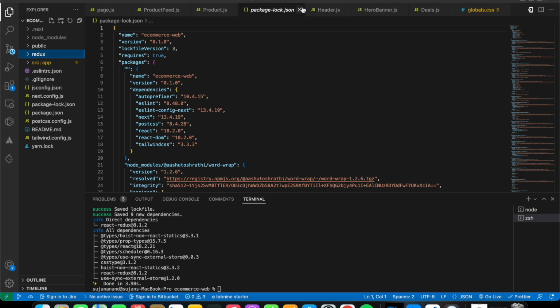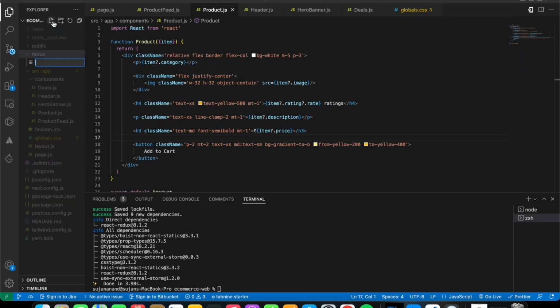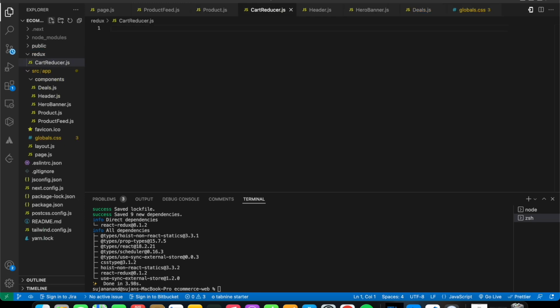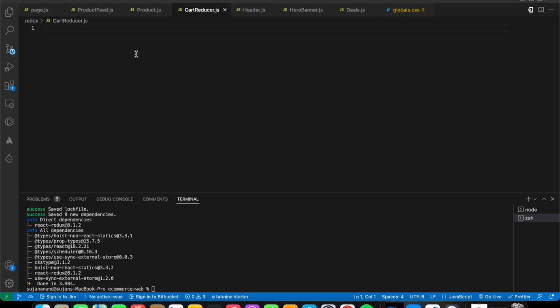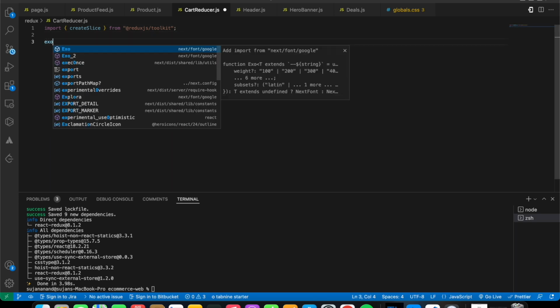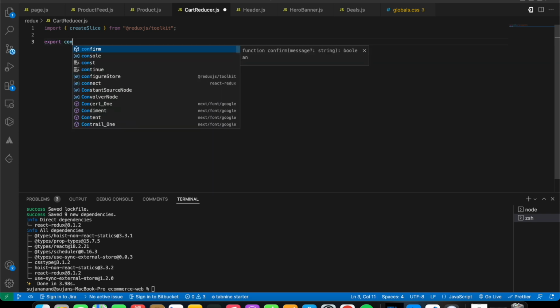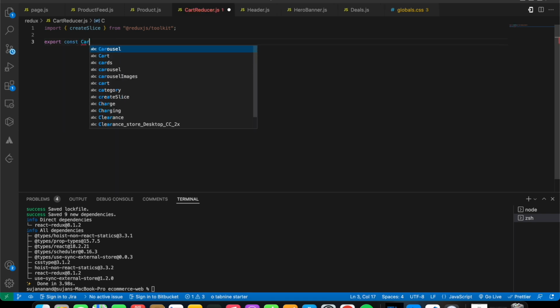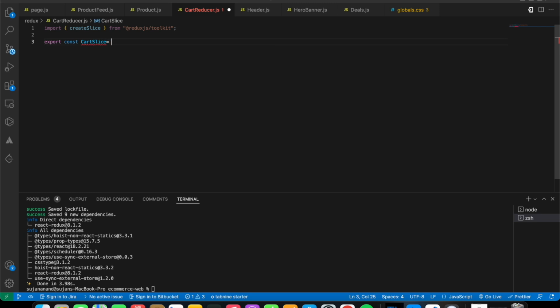Okay, and inside Redux, we're going to create a new file, that is the cart reducer.js. So here we're going to write all of the functionalities required to add item to the cart, remove item from the cart, and so on. So the first step is to import the createSlice method. So I'm going to say import createSlice from @reduxjs/toolkit, and here I'm going to say export const cartSlice equals to